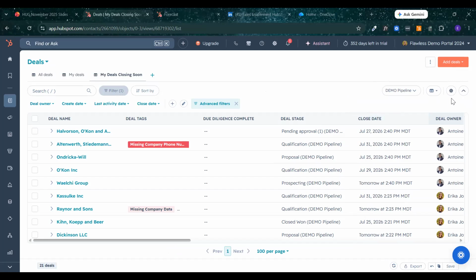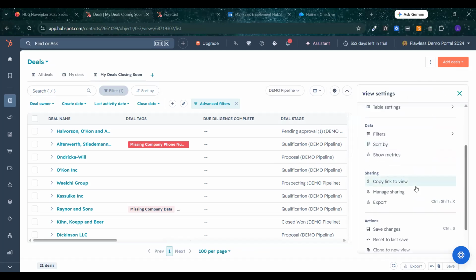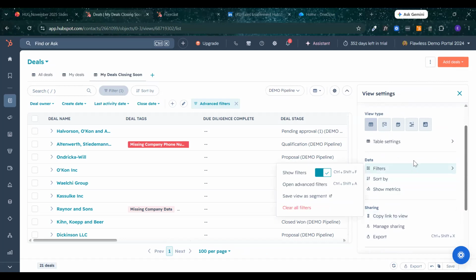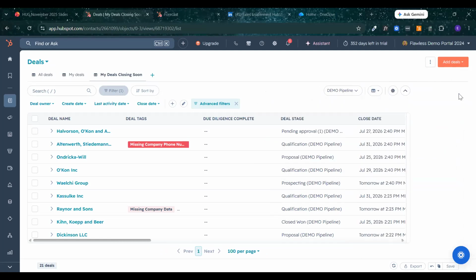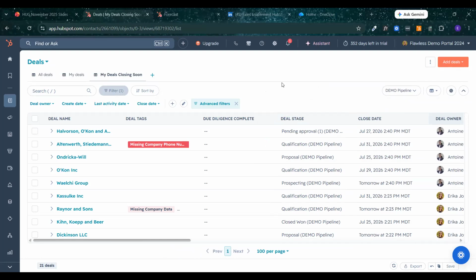And then one thing that I do want to point out that has moved to the settings tab that some people find a little bit difficult to find is that the edit columns is in here under table settings. So we have had some questions about edit columns. Where did that go? It's up here. So you can find that in the view settings. But yes, if you haven't seen this, that's not really related to this HUG, but an important update that this is what this is going to look like. I believe end of August, everybody is going to be put onto this new system.